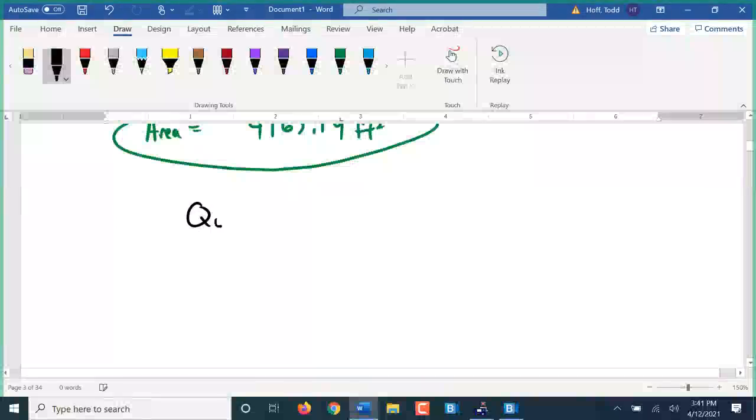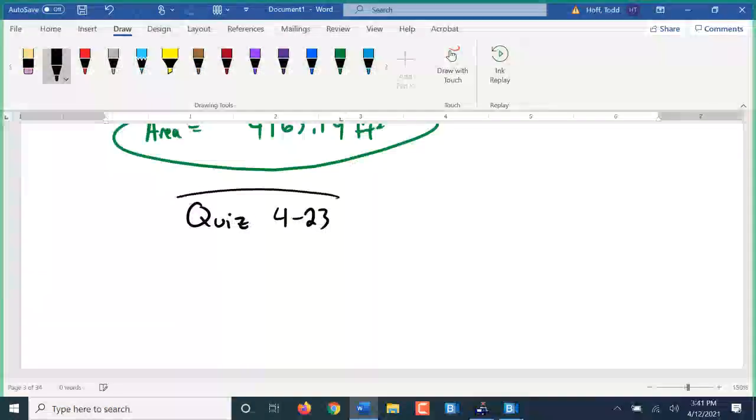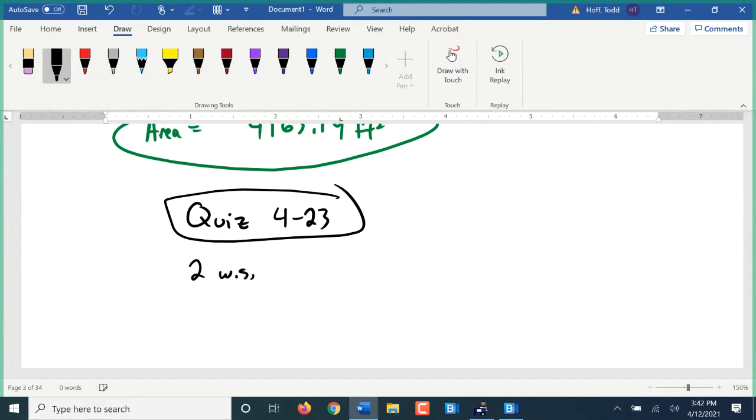So there's that quiz out there for you. I think it's called Quiz 423, if I remember right, for you to work on. And there are 2 worksheets out there to work on. We are going to work on problems off of these 2 worksheets more tomorrow in class, so they don't both have to be done or anything like that. We're going to be picking away at them here. With that, I'll give you guys the last half hour of class here to work on stuff you would like. I'll be on the